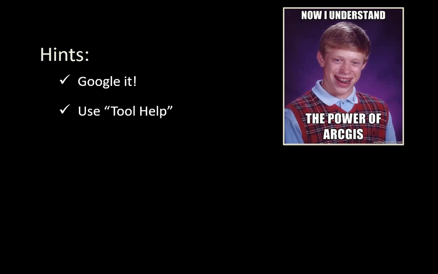And when I say put it in English, I mean don't try and use GIS-y terms if you don't know what they are. Just go ahead and describe it in a very narrative way. Use the tool help in ARC. There's a tool help button at the bottom of every tool. It opens a window on the side and it gives you explanations of all the different inputs.